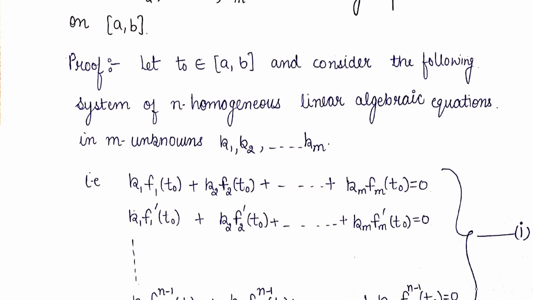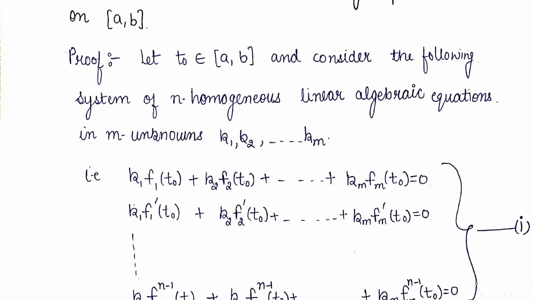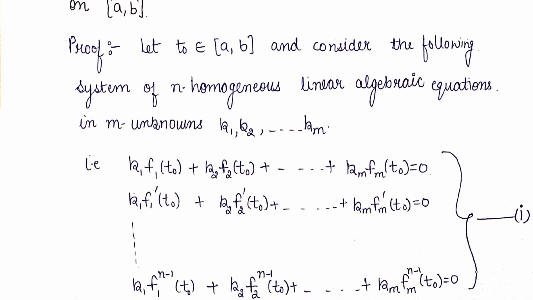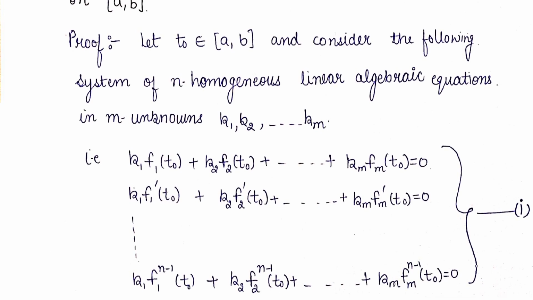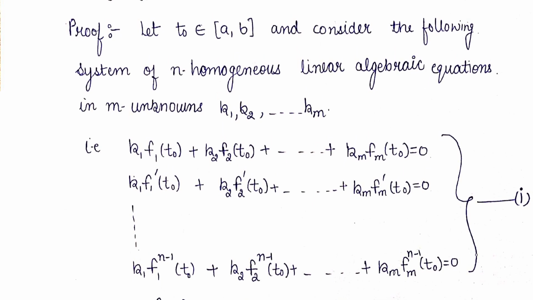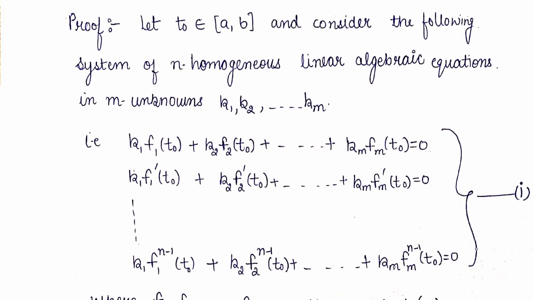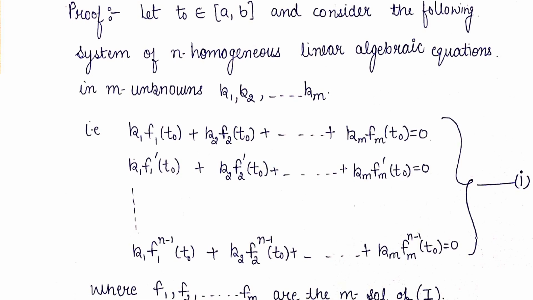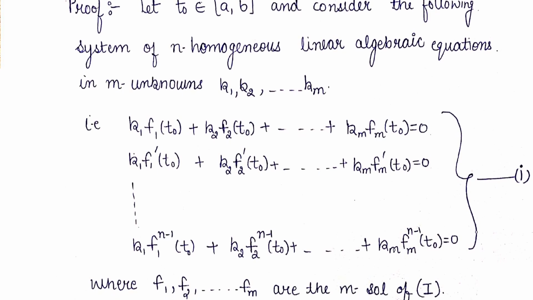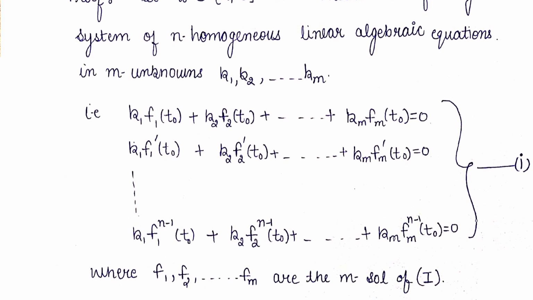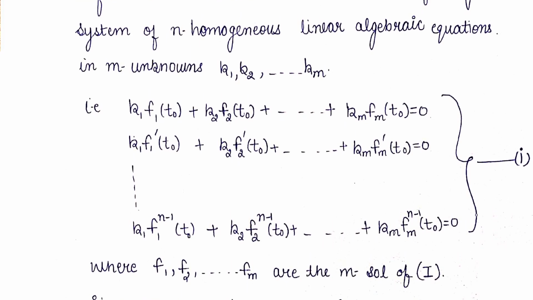Second equation is K1 F1 dash t naught plus K2 F2 dash t naught plus and so on plus Km Fm dash t naught is equal to 0. And the nth equation is K1 F1 n minus 1 derivative at t naught plus K2 F2 n minus 1 derivative at t naught plus and so on Km Fm n minus 1 derivative at t naught